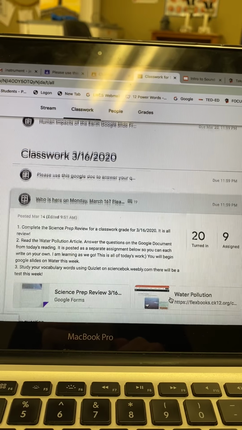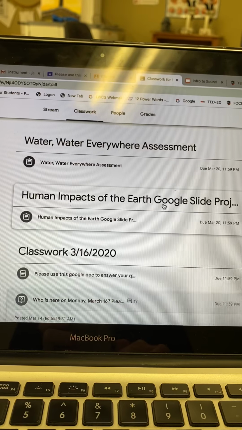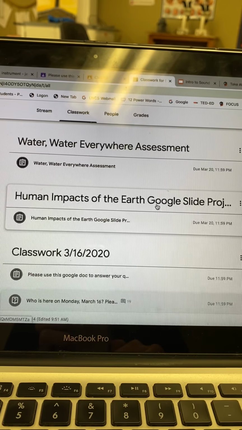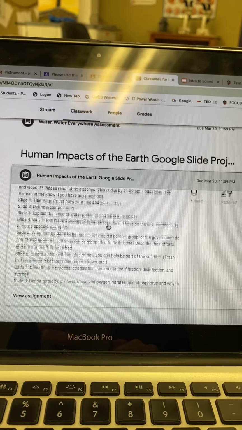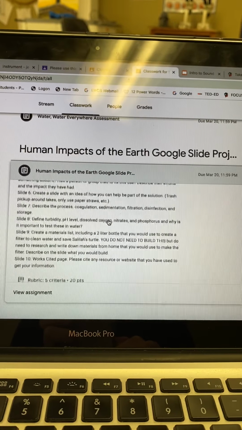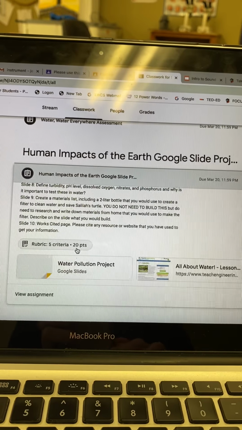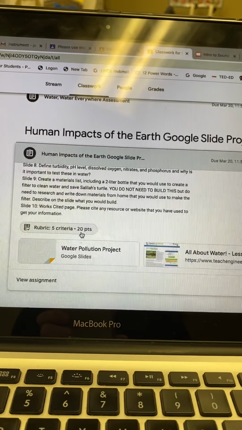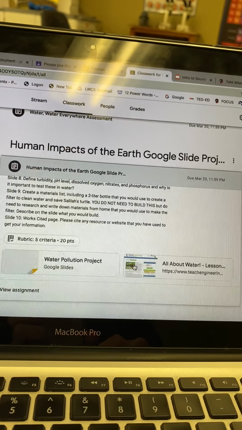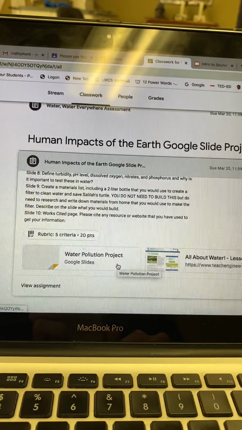What you'll see above is the slide project that you're able to start working on for the whole rest of the week. In the Google slide project, if you click on it, it gives you everything needed. Every single slide attached to it is also the rubric, which is labeled 20 points, but it's out of 100. And one thing that I do want you to see is I included the old article that we read last week, which gives you some more of the vocabulary words,